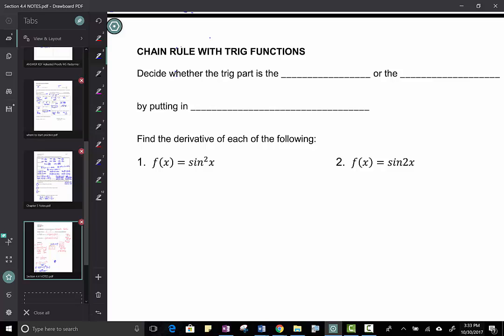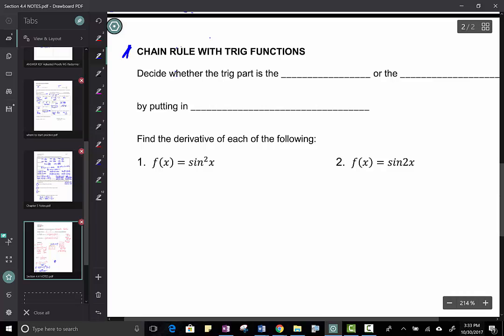Just a reminder, any questions that you have over day 1 and day 2 of chain rule, we're going to go over Monday. But a lot of what you do today will help because you're going to work in groups, you're going to do a review guide, but first we're going to start with this, the chain rule when there's